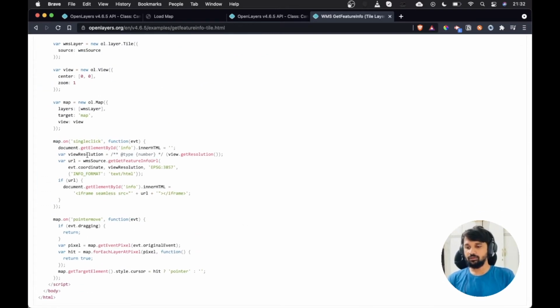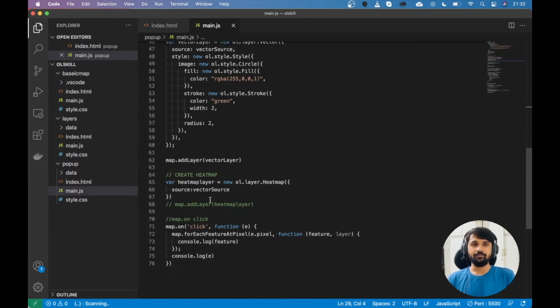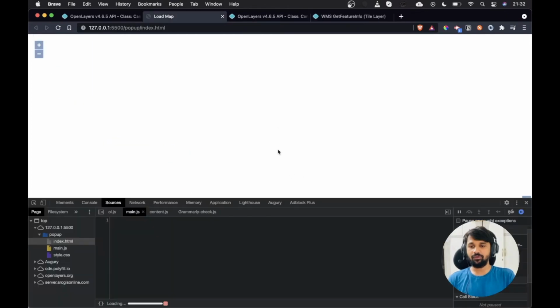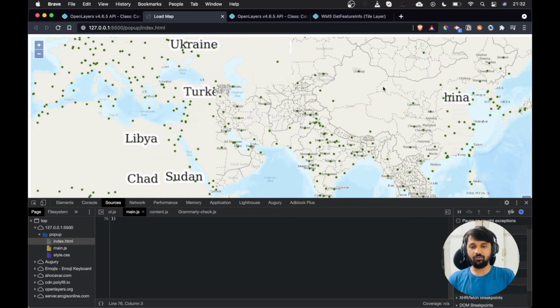So in order to do that, we will be using the WMS source's getFeatureInfoUrl function. This means that the URL function needs to have some sort of source available to us in order for it to run. If you have multiple WMS URLs for which you want to get the results, you can also get it by passing extra parameters such as query layers, etc. But for now, we will stick with the basic info. I will simply save it and test out whether I'm getting the WMS data or not. And you can see that this is the WMS data where we get the entire world map and then the smaller states.